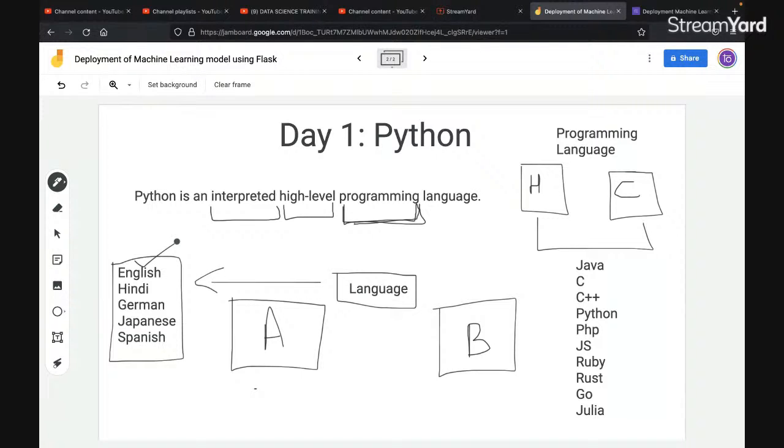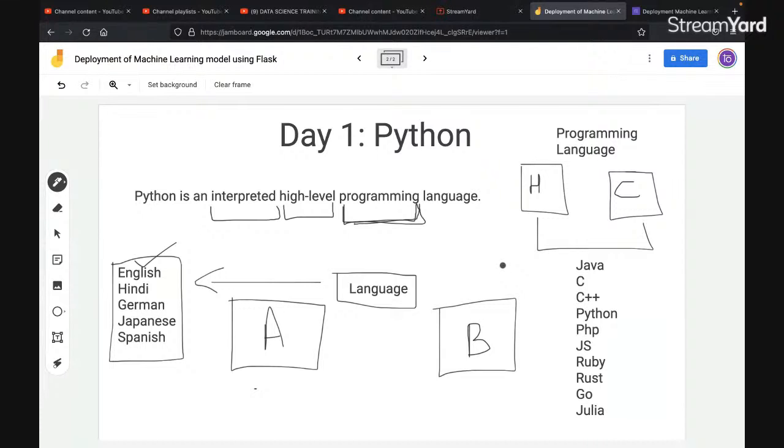For example, if I'm talking to an Indian guy or a North Indian guy, the best language he or she knows will be Hindi. So I cannot say that Hindi is best of all other languages, right? The sole point is that each language is best in its domain. The scenario or situation defines which language you have to use. And the similar concept has been applied to programming languages as well. You cannot say C is better than Python, or C++ is better than Python. No, you cannot say that. You should have a situation to consider.